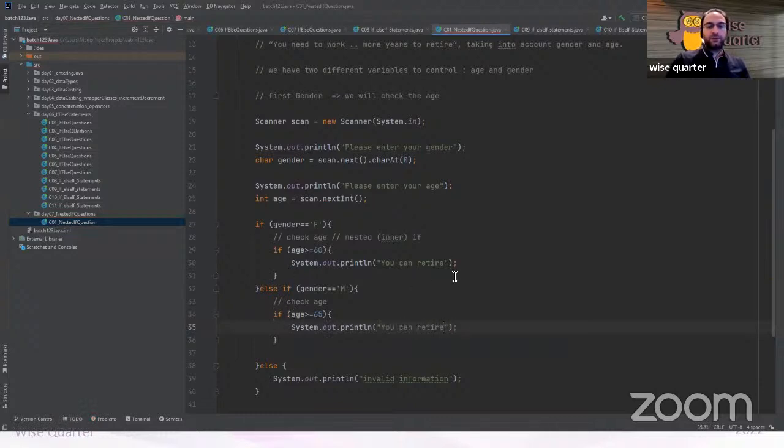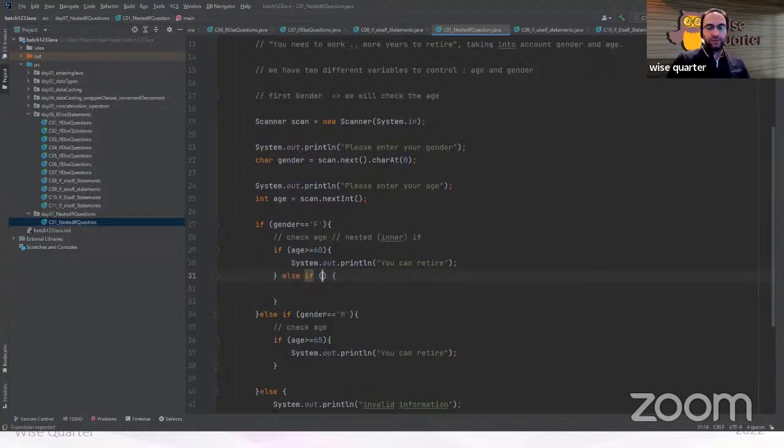Yes, we have completed the retirements, but if it is not higher than 60, I should do something else. Else if the age is lower than 60, it means she has to work a few more years. So you have to work for